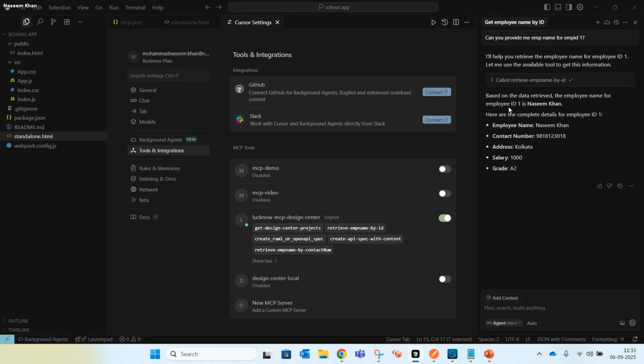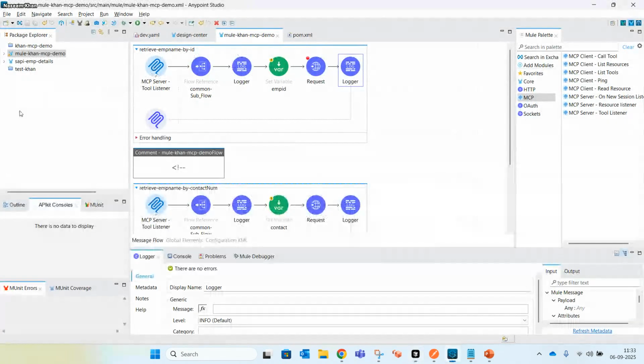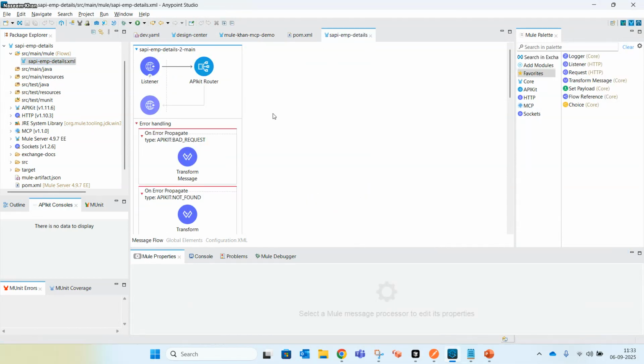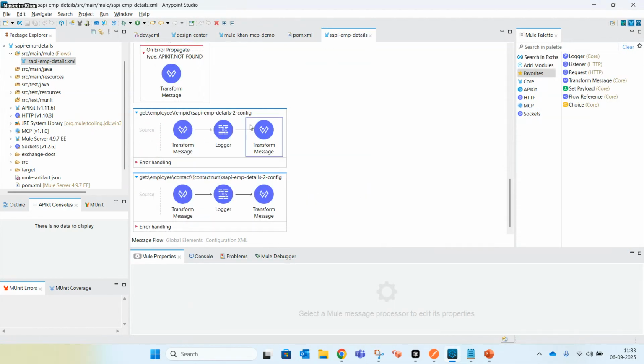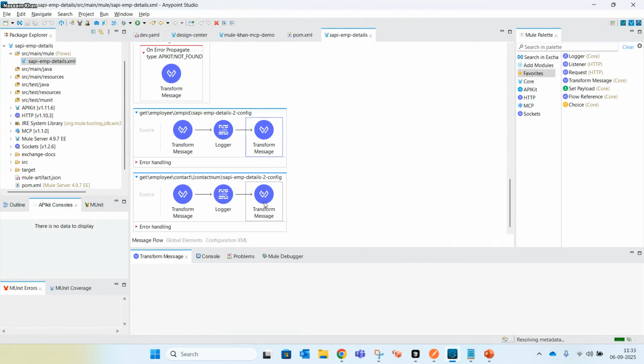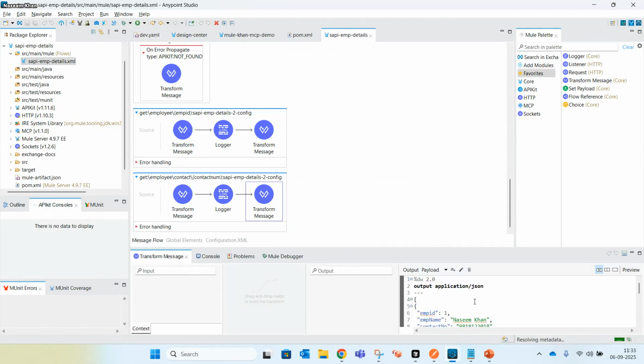So this is the data. You can see the data here. For employee ID, I have just hard coded data. 3 employees are there, and employee contact number is again 3.